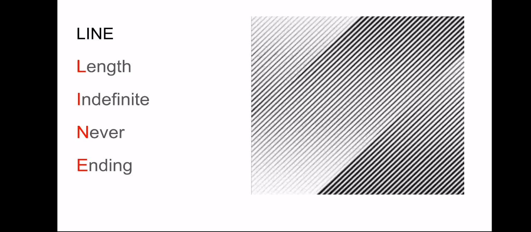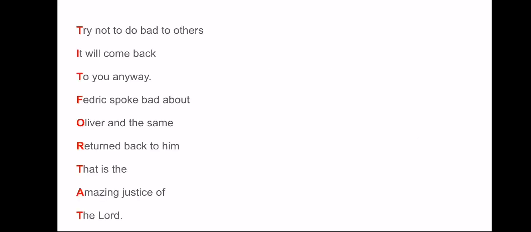So let's take another example, that is of an idiom. It is tit for tat. Now this tit for tat is an idiom, and the meaning you all know is what you do to others will happen to you. It will return back to you. If you do good to others, good things will come to you. If you do bad to others, bad things will come to you. So again we are going to write an acrostic poem on it.